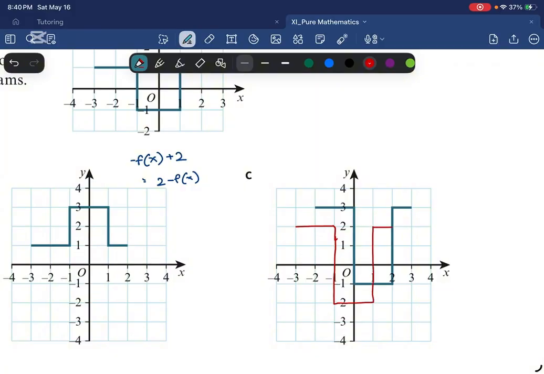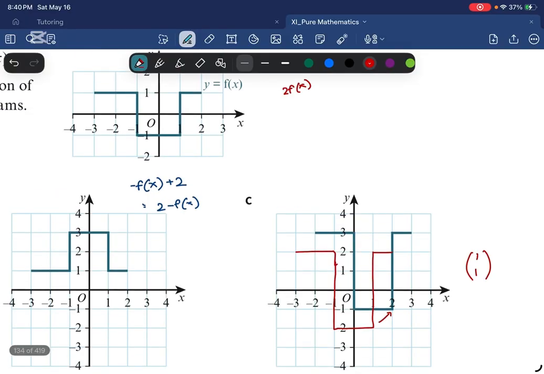This is 2f of x. And if you think about it, the blue graph that we're looking at is just a translation of 2f of x, by the vector (1, 1). You have shifted right by 1 unit and up by 1 unit. So we want to shift 2f of x